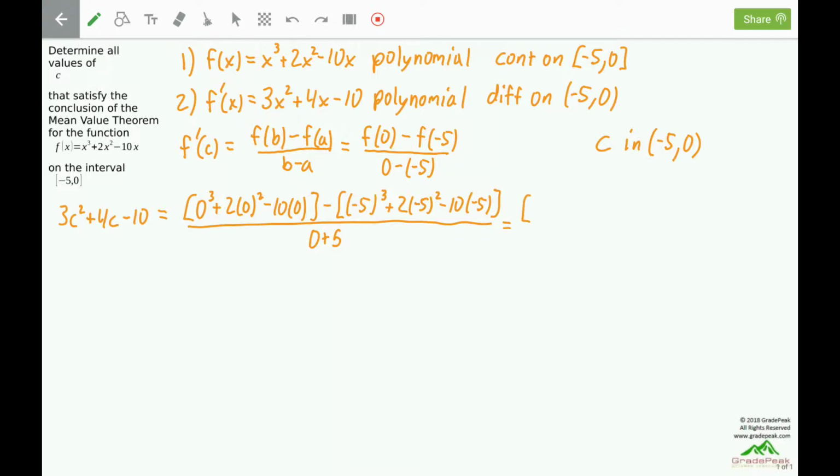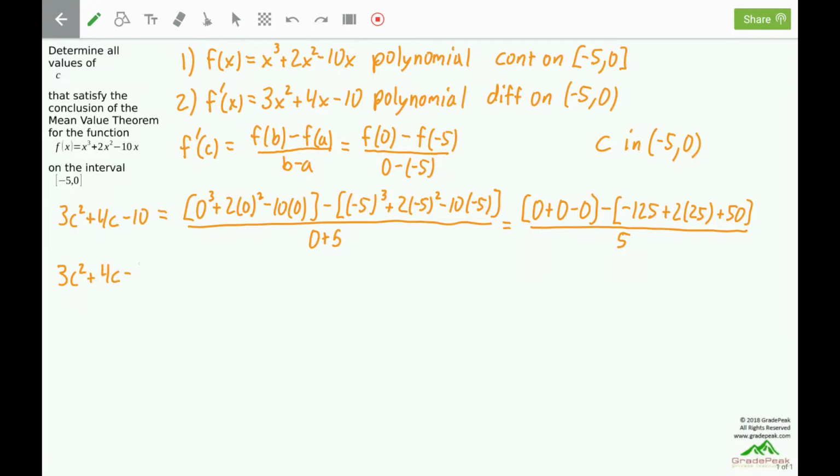This will equal 0 cubed is 0, plus 2 times 0 squared is 0, minus 10 times 0 is 0, and then minus -5 cubed. -5 times -5 is positive 25 times another -5 is -125, plus 2 times -5 squared, which is a positive 25, and then minus 10 times -5 is a positive 50. All of this divided by 0 plus 5, which is 5. So